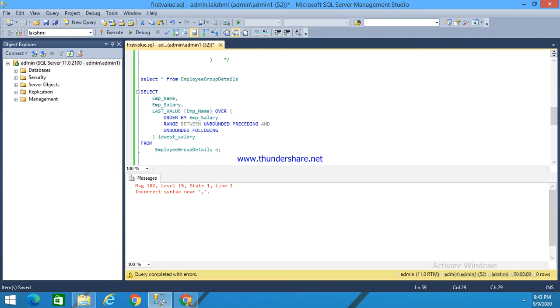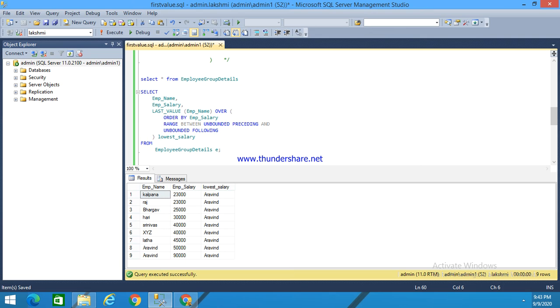So if I execute this, we get the employee name, employee salary, and the last value of employee name over employee salary in increasing order. The frame clause which I have given is range between unbounded preceding and unbounded following. I'll explain this frame clause in another video.